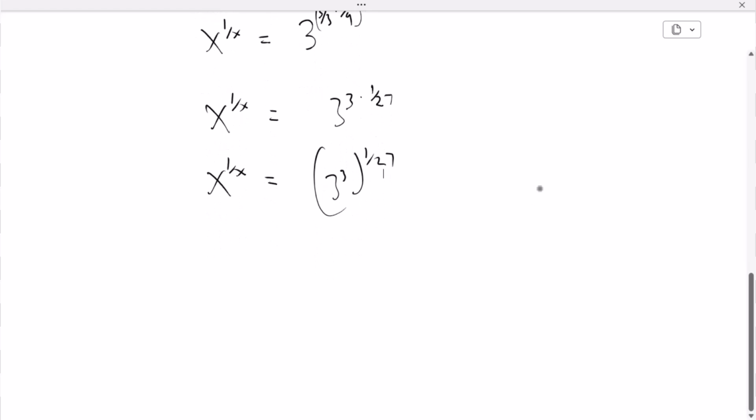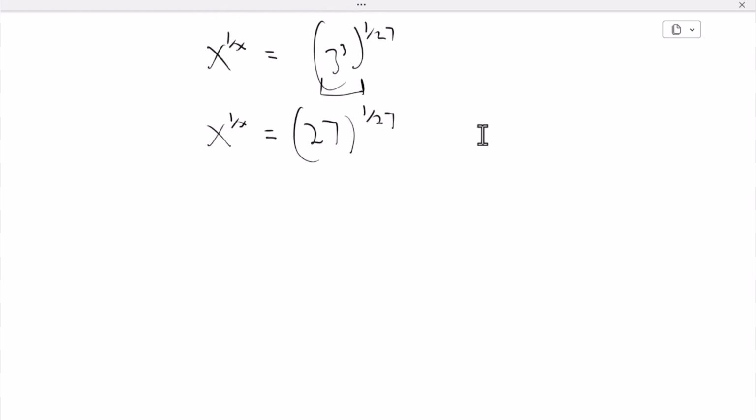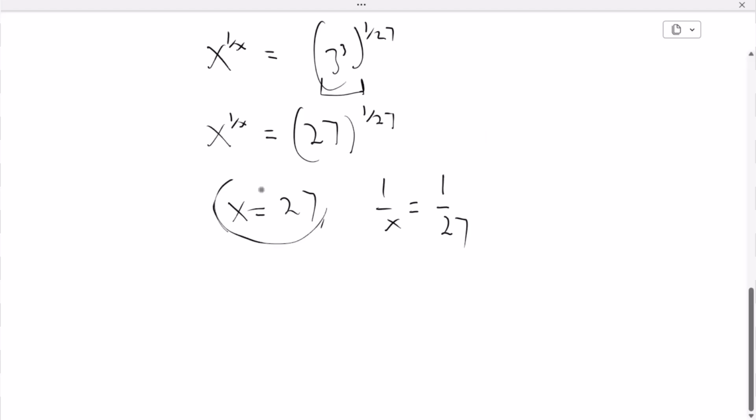Good. Now when we do that, we are going to have x to the power 1 on x to be equal to, now 3 to the power 3 over here is 27. So 27 raised to an exponent of 1 on 27. Good. Now, for a direct comparison, we can see that our x over here is 27 and our 1 on x over here is 1 on 27. Now, when we compare, we see that our x is equal to 27 and then our 1 on x is equal to 1 on 27. So now if our x is equal to 27,